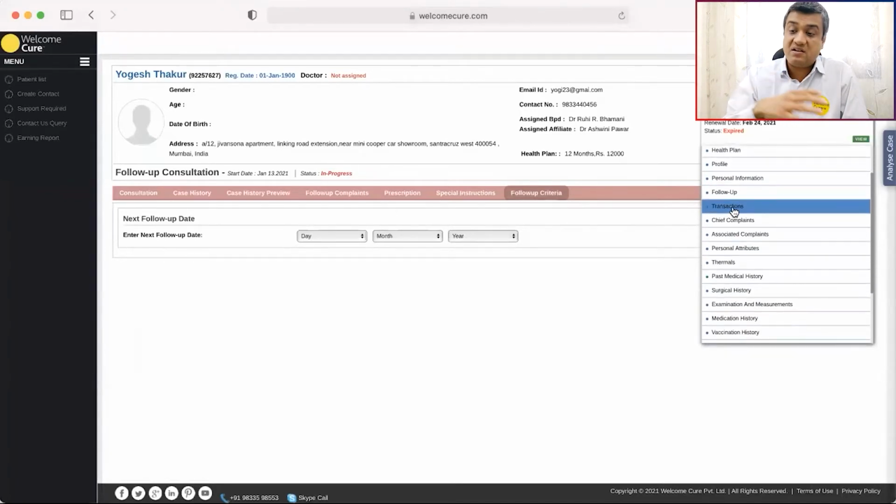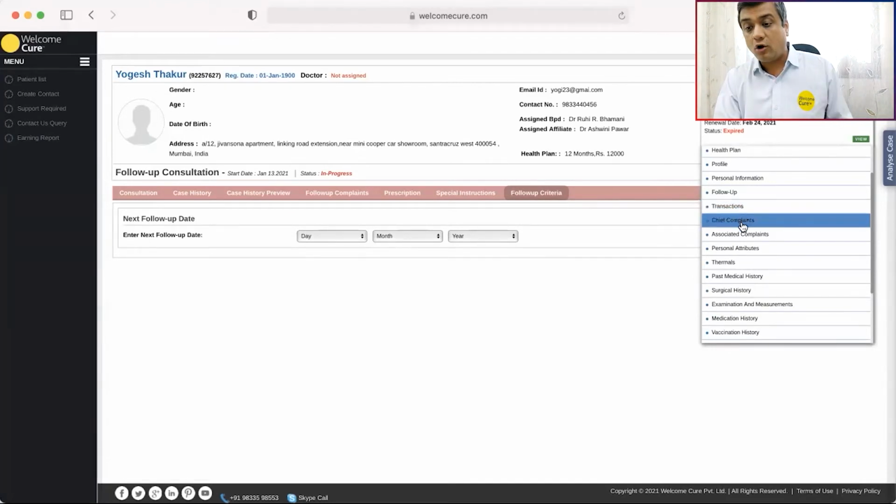You may find out the patient's been with you since 2 years, transacted 8 times, taken up 2 to 3 month programs multiple times with you. Some transactions failed because of some bank issue at their end, or paid you offline, paid in a bank account and have just given us acknowledgement copy. So it's still under a pending section. So you will be able to see all of that.